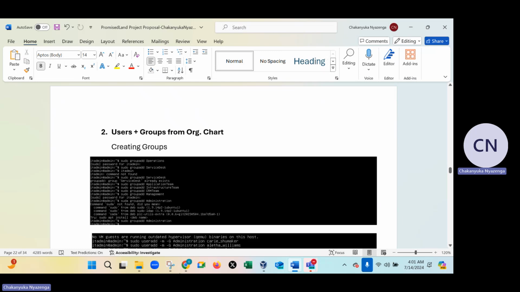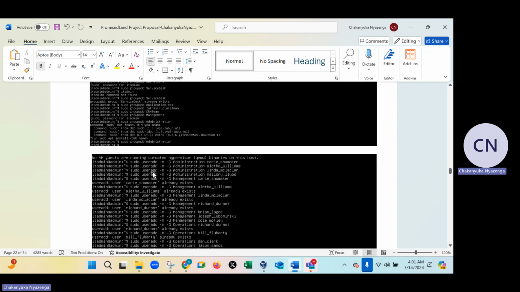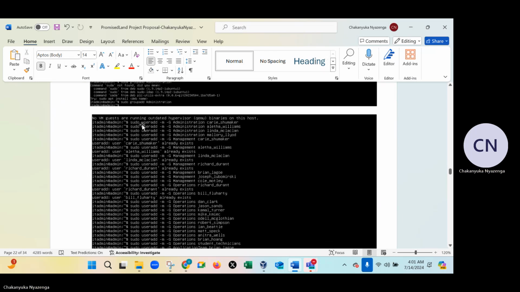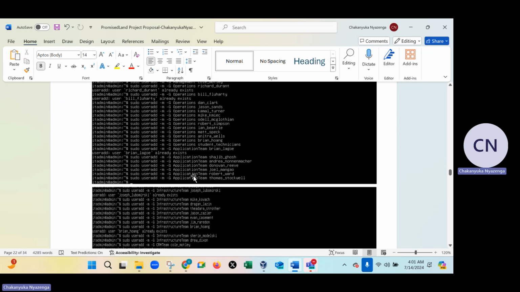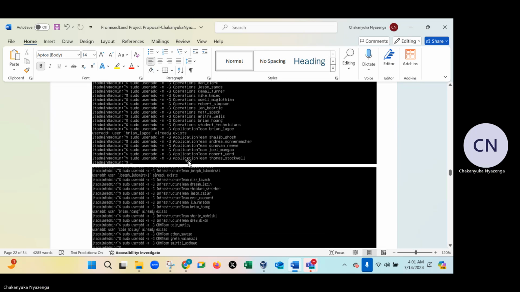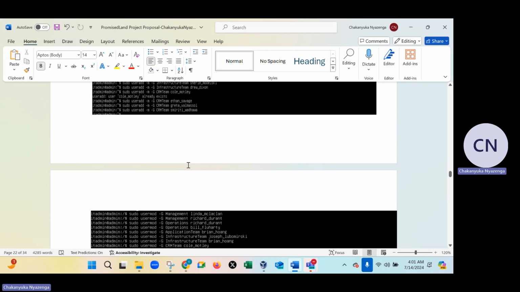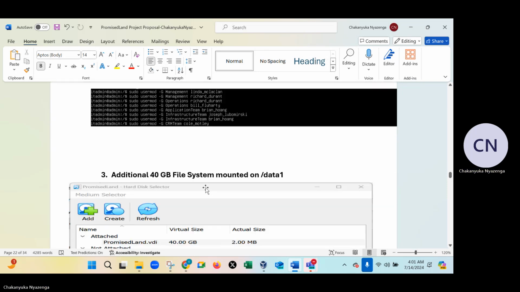So after adding the users to the respective groups, as you can see here, I was using the sudo useradd -m -g administration command. So I was assigning a user to a specific group. After that, after creating the users,